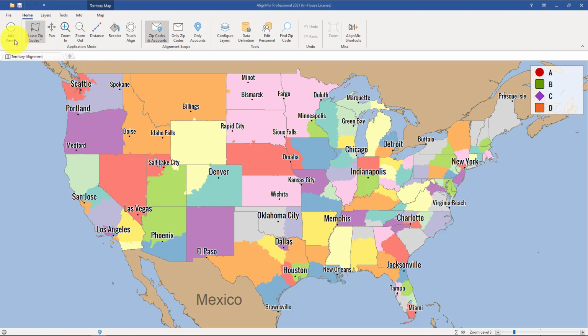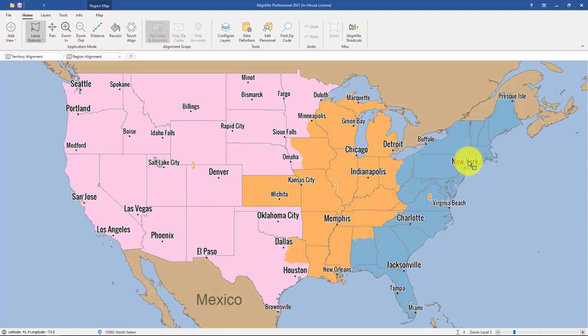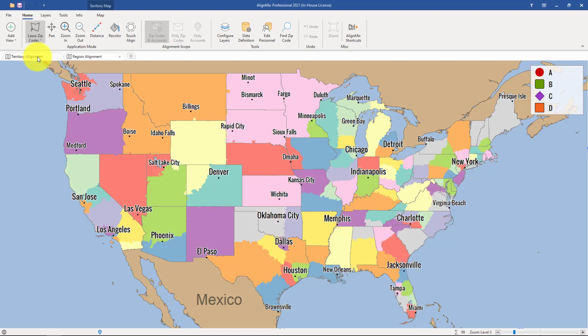So first, let's open up a new tab and view our region map. And here you can see we've got 3 regions. So I'd like to show these region boundaries in our first tab, which shows us our territories. To do that, we first go back to our territory alignment view, our first tab, click on Configure Layers, and